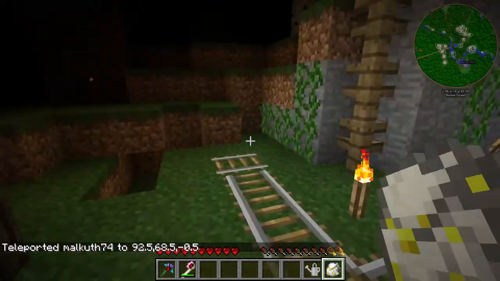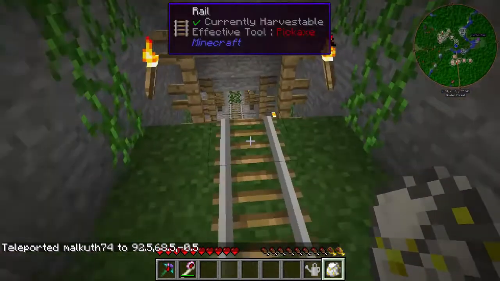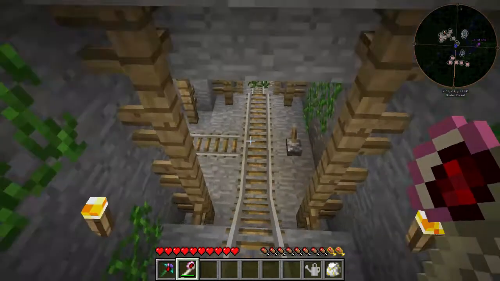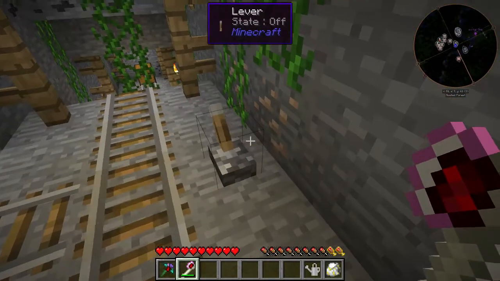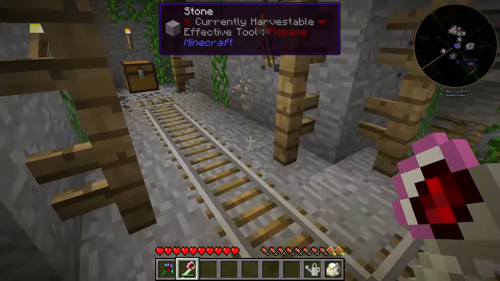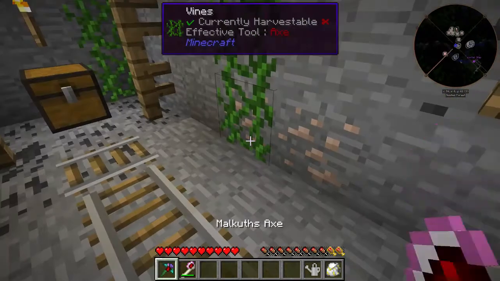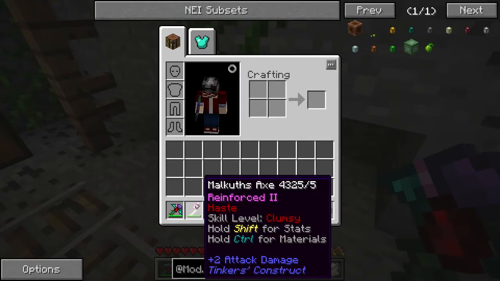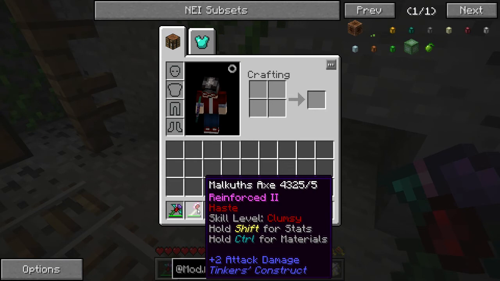I never really explored it, so I don't know what's down here. There's no mobs, because there's no mobs in this game at all. But the train tracks, that's interesting. Cool. So I do want to grab, oh, and I did make one of the big axes that